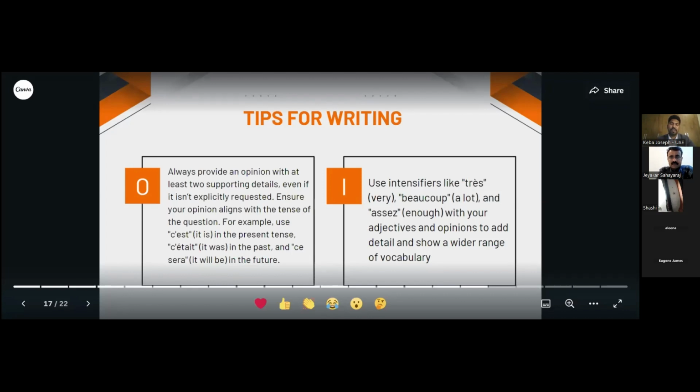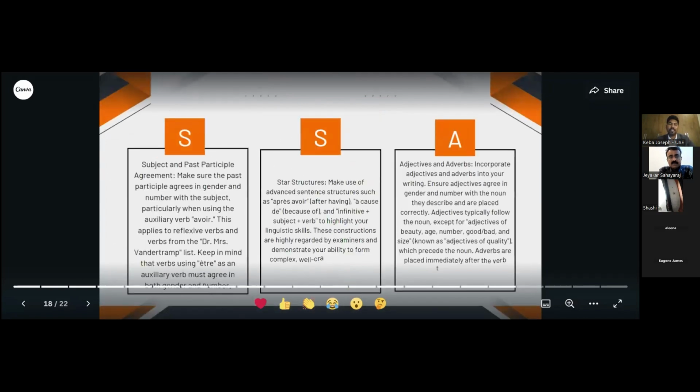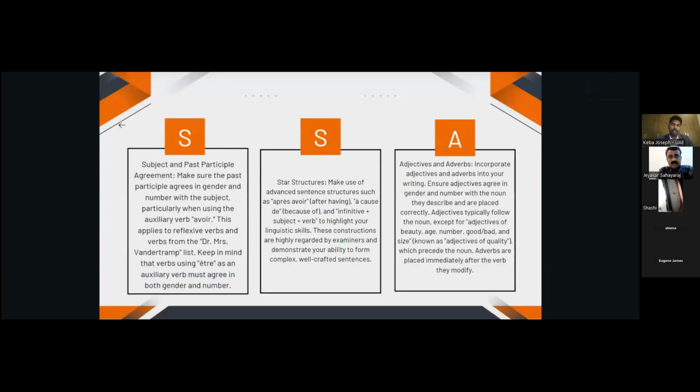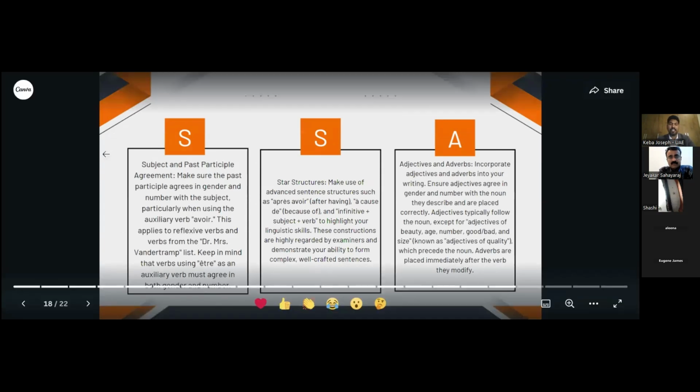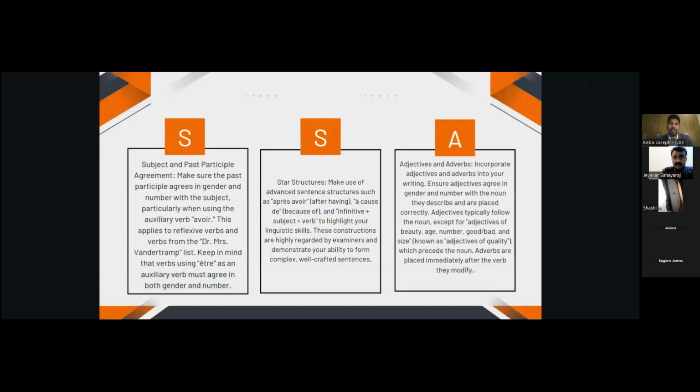Then more intensifiers should be used, like très, beaucoup, assez, and opinions to add detail, which means a wider range of vocabulary has to be used. This applies to speaking as well as writing and adds more marks for them. All examiners would expect such things if students use a wide range of vocabulary and are focused on using these